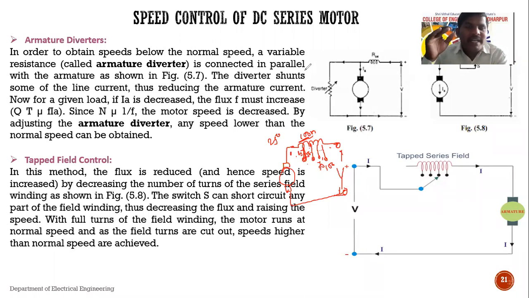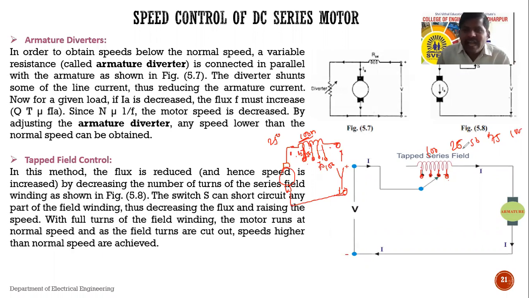Or the field winding has some terminals taken out for the tapping purpose. See here, this is the field winding; its terminals are brought outside for connection. Suppose this field winding has a number of turns of 100. So there are 4 tapping points. That means, suppose it is equally divided or it may be unequally divided. So 25 number of turns, again 50 number of turns, again 75 number of turns, and again 100 number of turns. Now see,